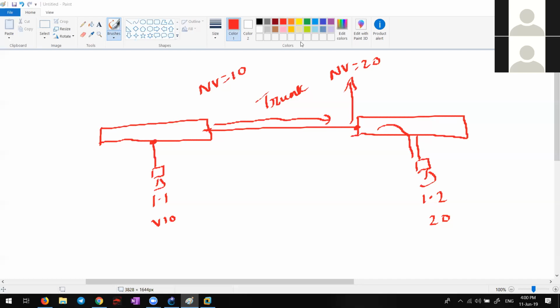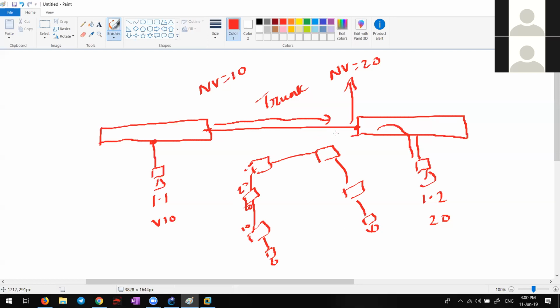This question can go to a different level also. Some people will ask a question like this. There is a PC here connected to a switch, connected to another switch, connected to another switch. Then they will ask, okay, here the native VLAN is 10, here 20, here 30, here 10. Like this, they'll go on writing. You have to figure out one by one how it communicates. Ultimately, you have to follow the packet and see whether it really communicates or not. Got it?